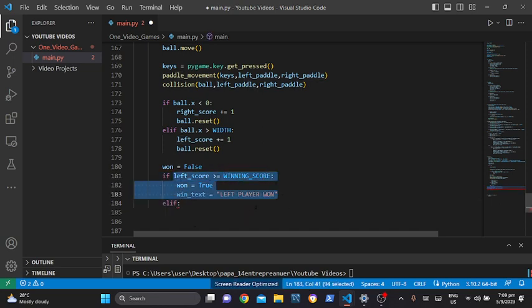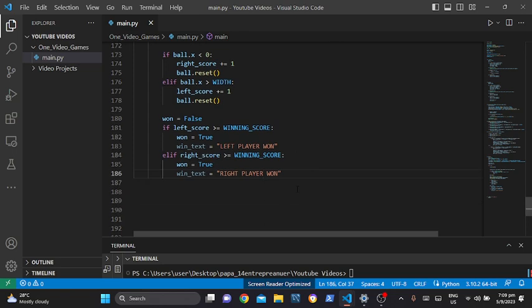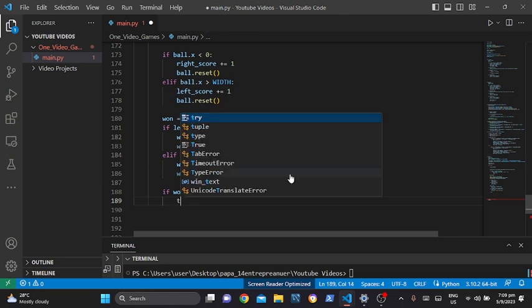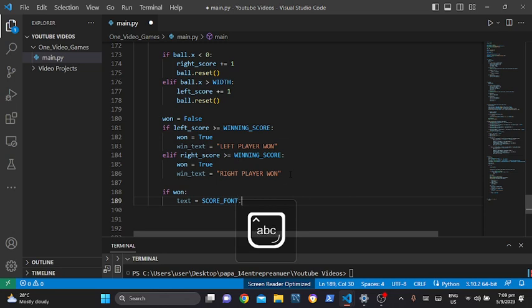And I'm just going to be copying this and pasting this, and if right score is greater than winning score, then I'm just going to be typing in right player 1. So the right player won the game. Okay, so now we have everything over here. What else is left? So now I'm going to be checking if 1. So I'm going to type in if 1. Then after that, is equal to core font, I think, yeah, dot render